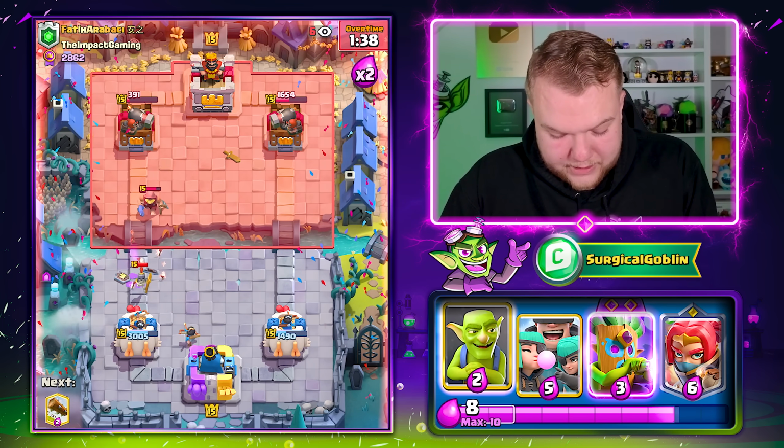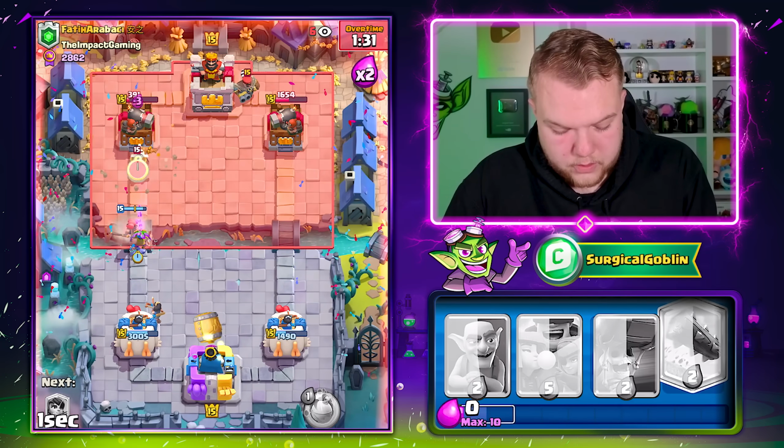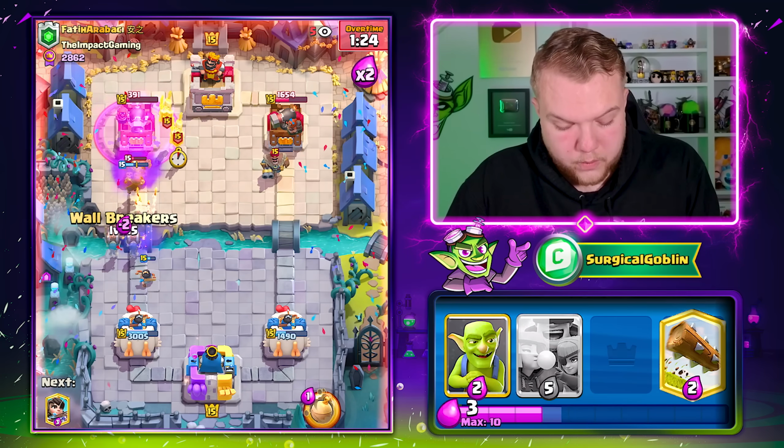Okay, we need to be careful, guys. We need to be very careful, because one mistake and we could still lose this. Okay, let's go with Dark Goblin here. Nice. We're gonna force out the Monk ability. Probably gonna force out a lock. Does he have the lock in cycle though? No, he's gonna go with a...